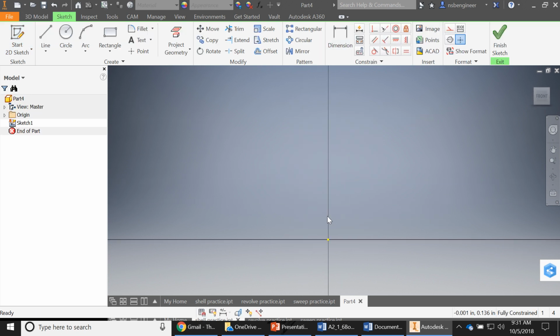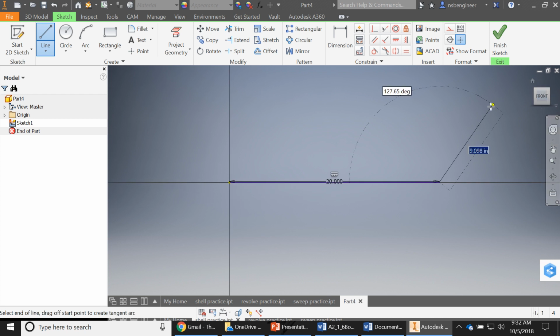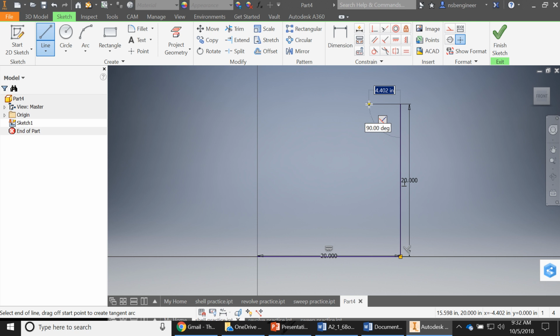And now I'm going to draw a shape, and the shape is in the Word document. But this is a new way of doing it. I'm going to do it all in one with the line command. I click there, and I am going to go over. I start going in this direction. That shows me that it's parallel, and I put in 20, and I hit enter. Okay? Now I'm going up. I see that perpendicular symbol, and I want to go up 20, hit enter. Now I'm coming over. Again, I see that perpendicular symbol, and now I am going to go over 5,